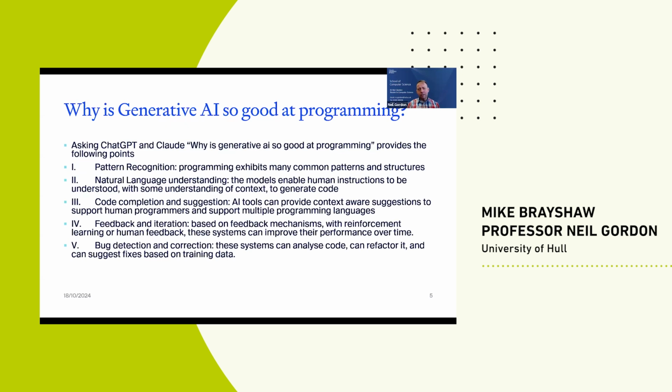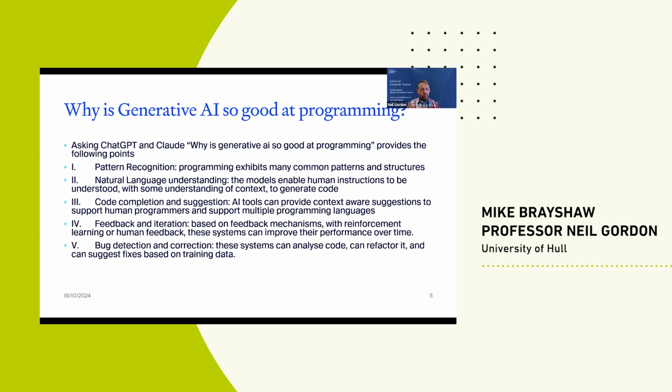So why are they so good at programming? And again, a caveat, but these slides, and some of my slides in later talks, these came from Copilot or Claude or other AI systems. So we'll say that. So that's Claude and ChatGPT. Why are they so good at programming? Again, I'll get the answers from those two platforms. But again, they highlight the things you'd expect to say as a computer scientist.